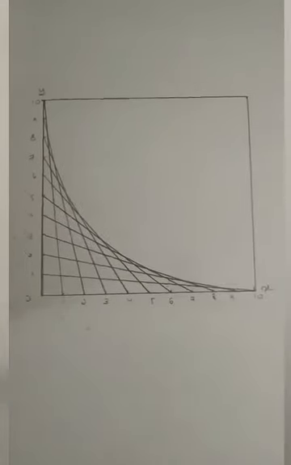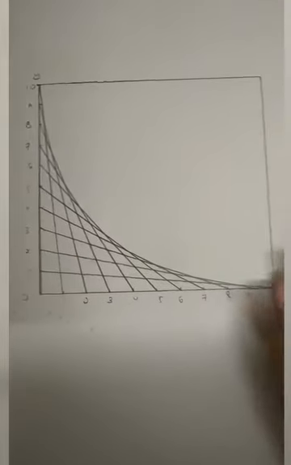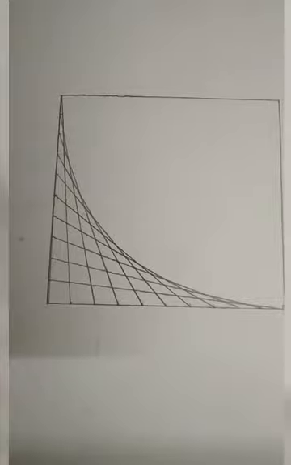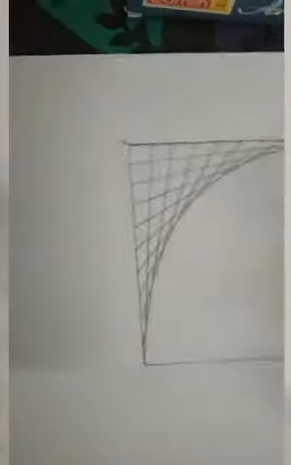Now you have to erase the numbers that we have put down. See, I have done the erasing work. Now shift your sheet, and again 0, x and y. The same 1 centimeter dots you have to give on the y line, the same on the x line, and the same you have to repeat this table on this side also, then this side also, and then this side also.